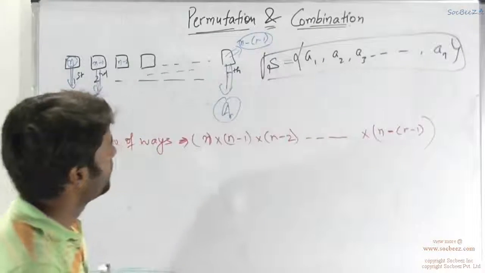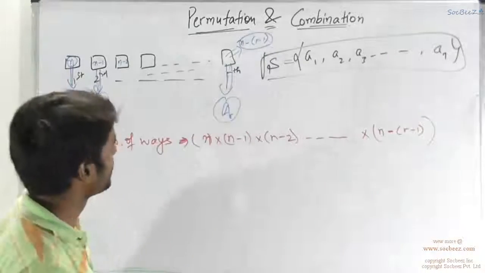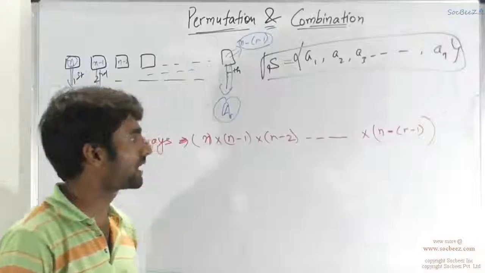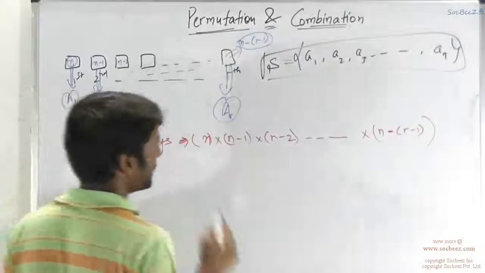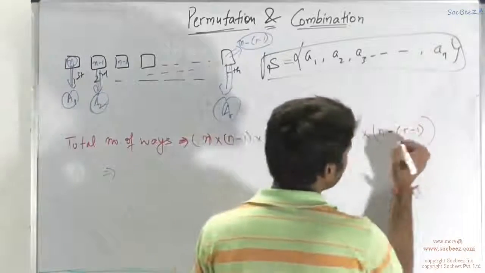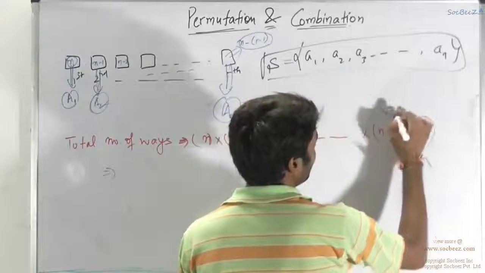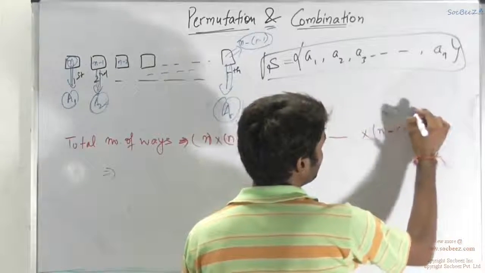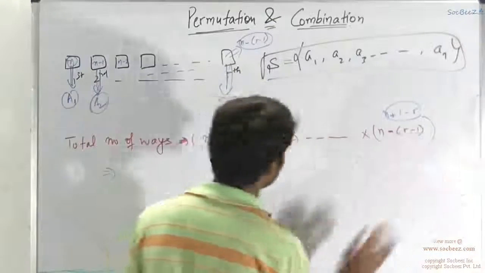Okay. So this is a quite cumbersome type of expression. You won't be trying to multiply these numbers like this, as it will involve many numbers. So the last term would be something like n plus 1 minus r. As you can notice, 1 is being decreased each time.